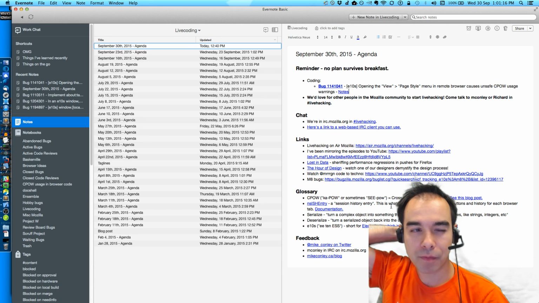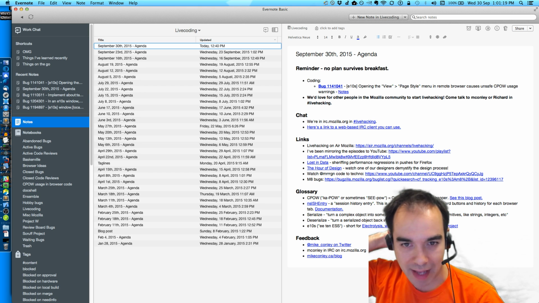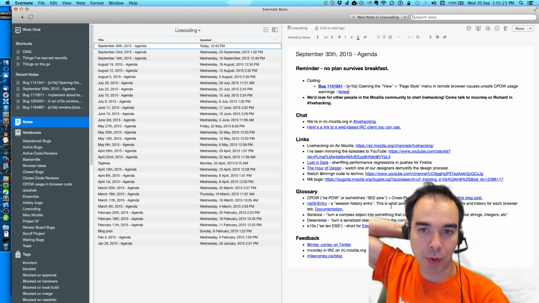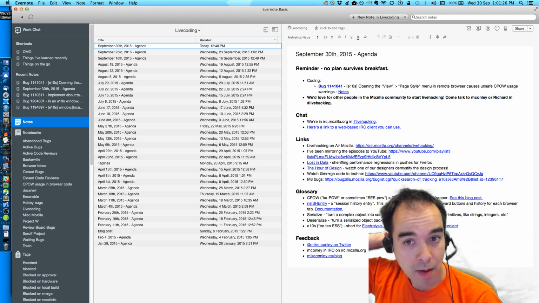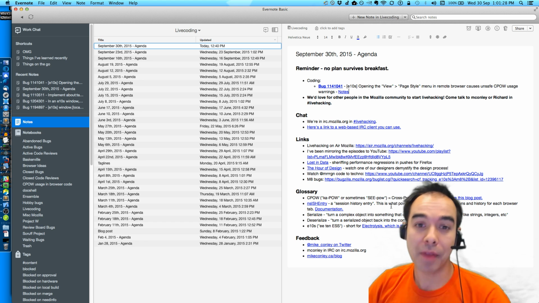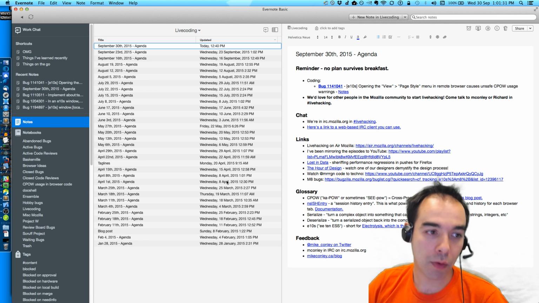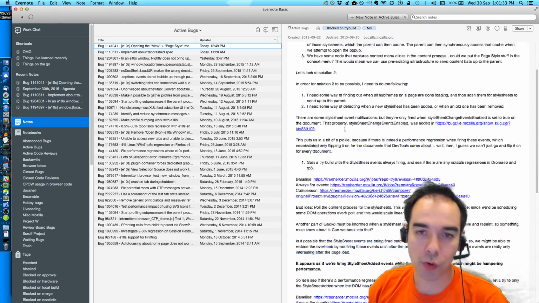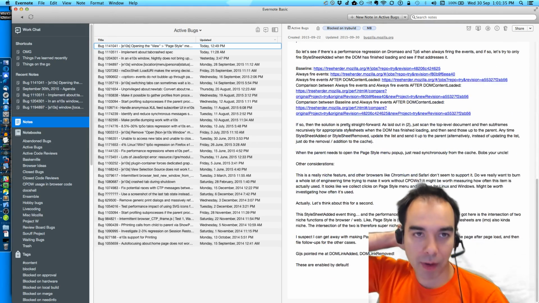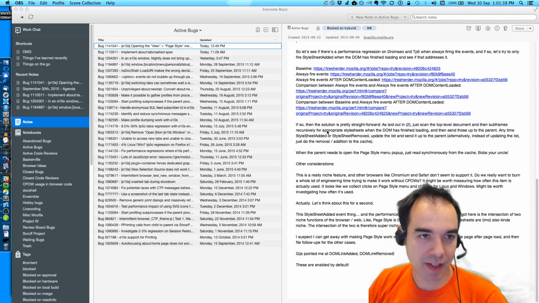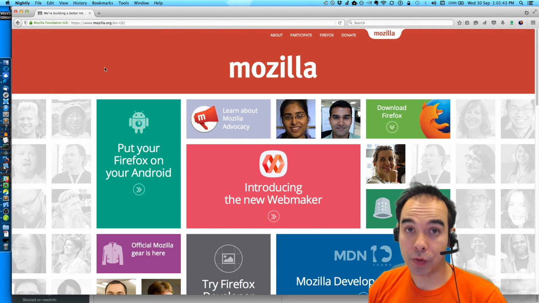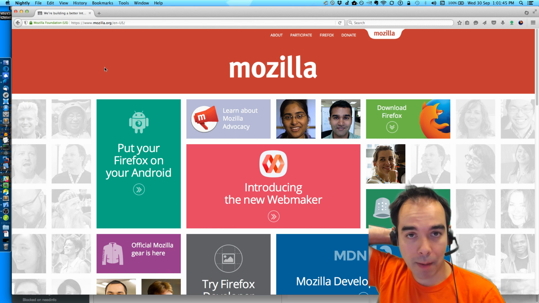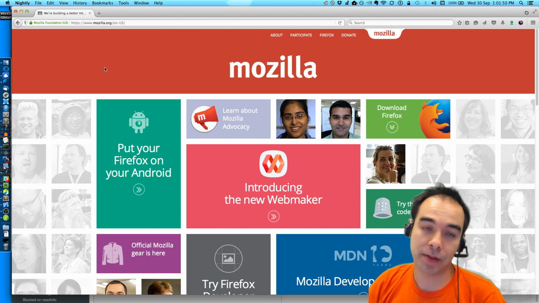Today, I believe we were working on this same bug last week, and I kind of shelved it after we worked on it. I haven't worked on it again since, but some new information has come to light just today, and I wanted to tell you about it. So the bug I'm talking about is about the page style. If you were to go to view page style, we're using kapows whenever we populate that pop-up menu, and we're not supposed to be using kapows. We're supposed to be getting rid of kapows.